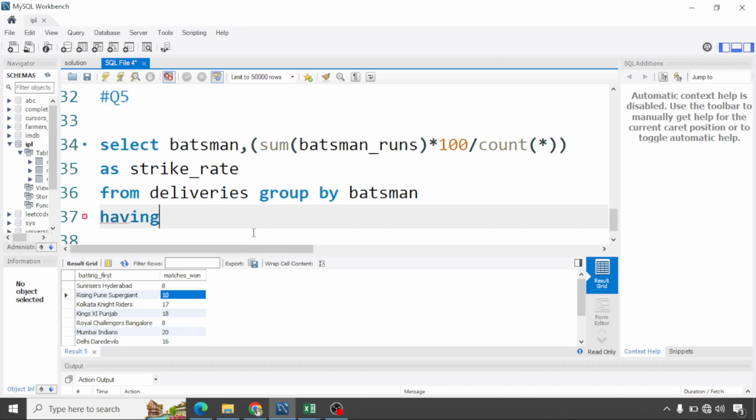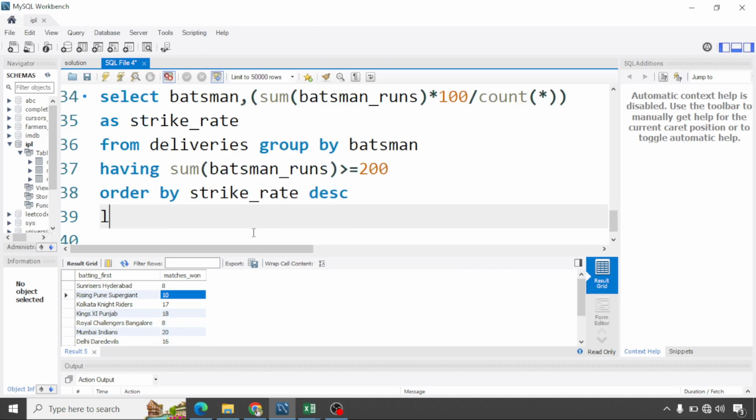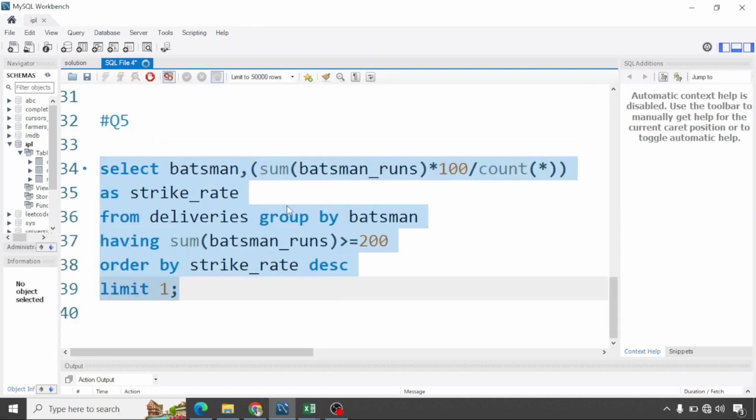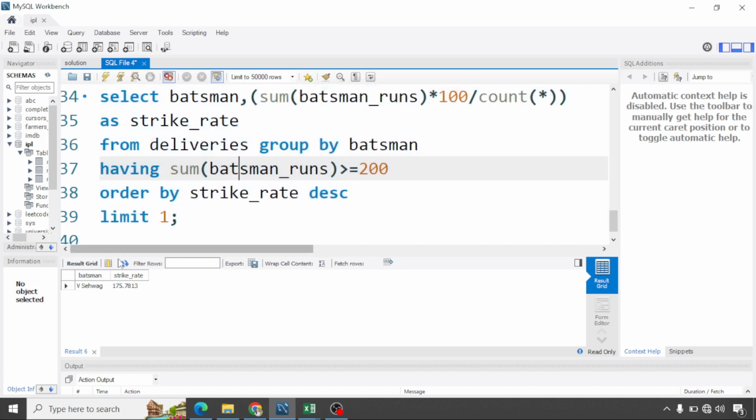Now this is an important condition of having sum of batsman run greater than equal to 200, because it has been mentioned in our question. So order by strike rate, because we want the highest, so we use descending, and limit 1 because we want the top 1 only. So select this and run. Let's see. So Virendra Sehwag is the batsman who is having the highest strike rate of 175. Okay, and he has also scored